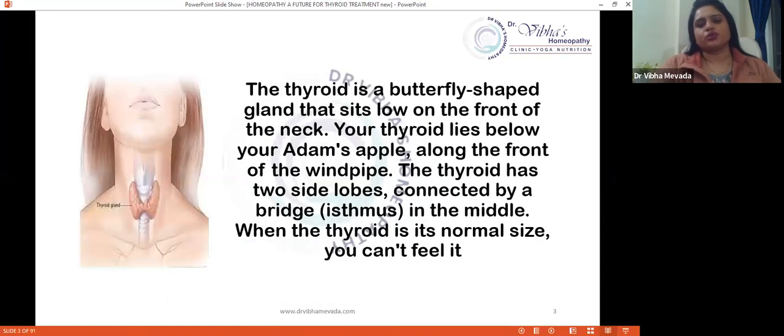So everyone, before starting any case or homeopathic perspective for the thyroid, in my understanding, we should go through some basic things first to clear the understanding for the topic. First of all, knowing the anatomy of any topic is a must. This is the very basic picture on your screen, where we can understand the situation of the thyroid gland, which is a butterfly-shaped gland situated in your throat, and it has two lobes,